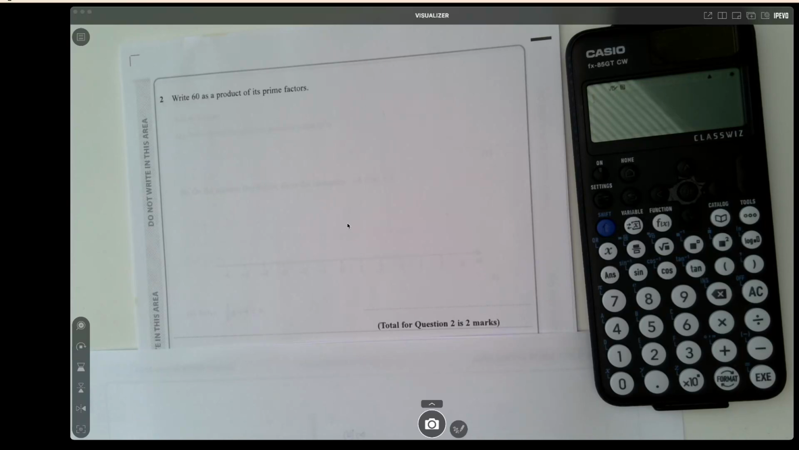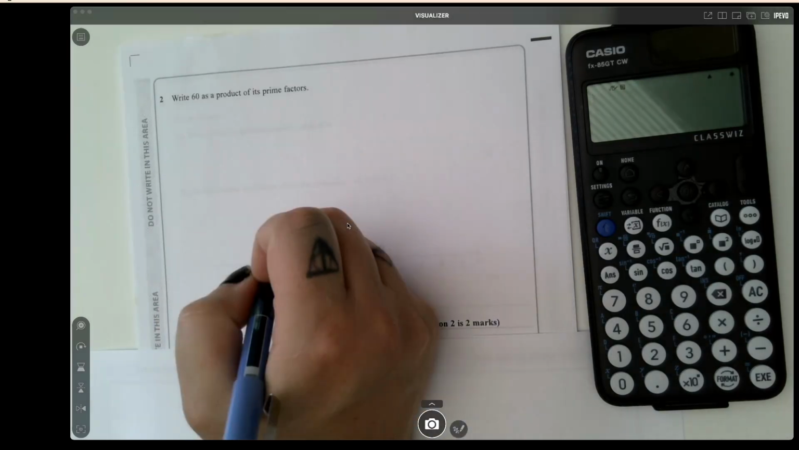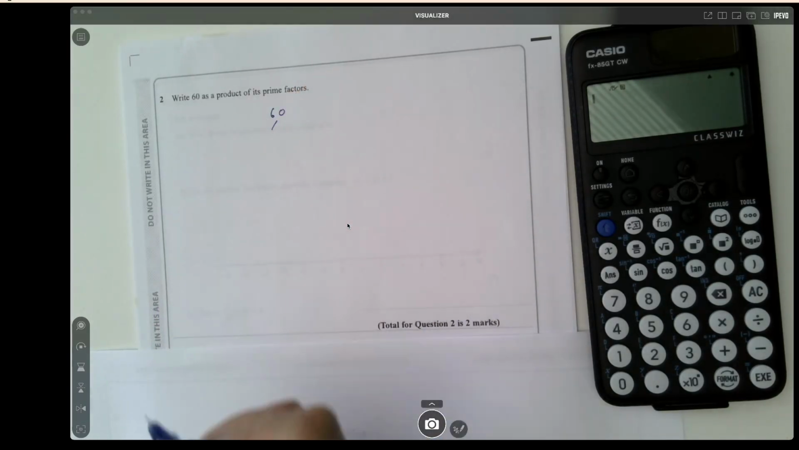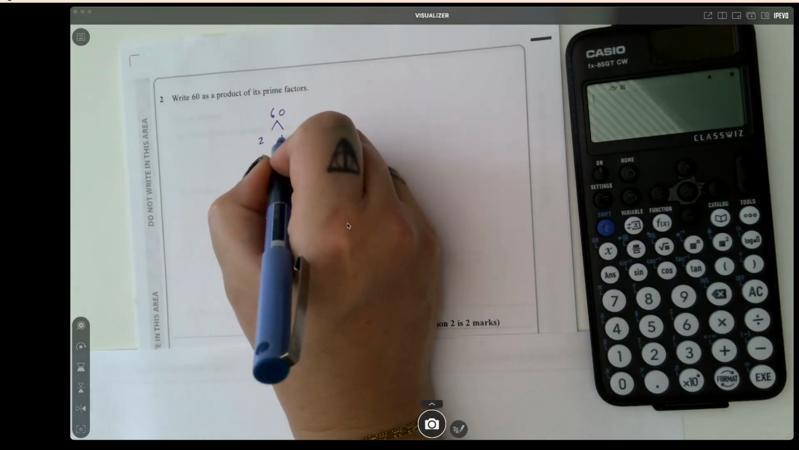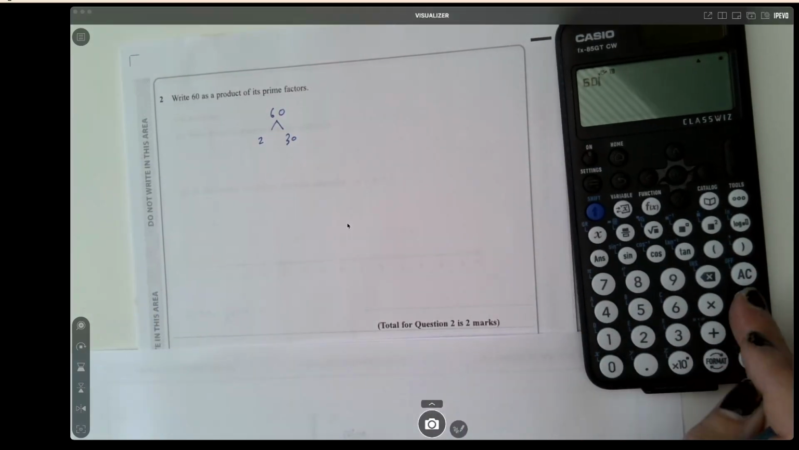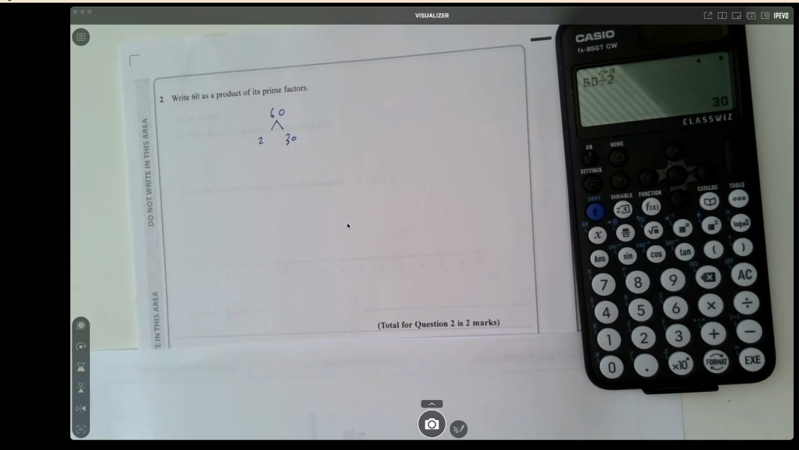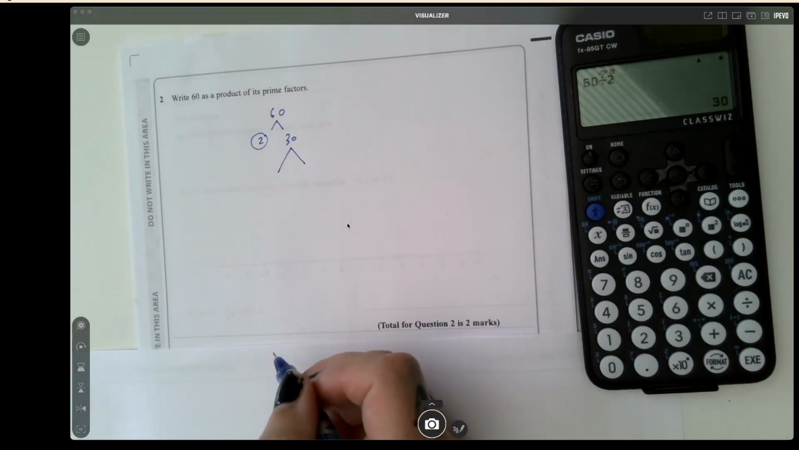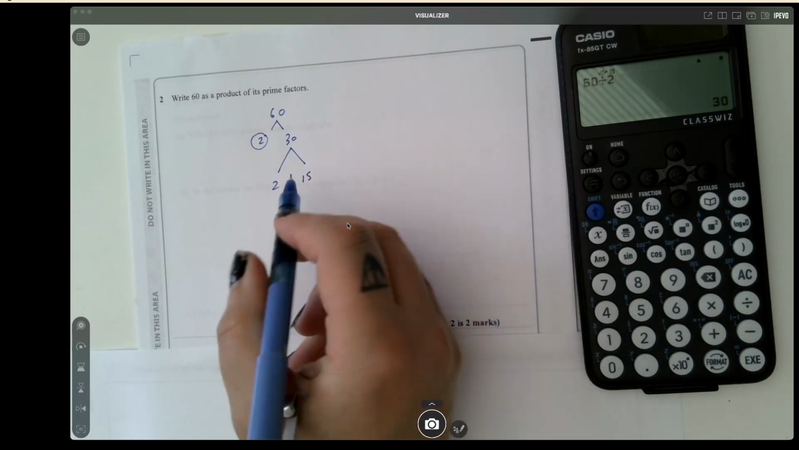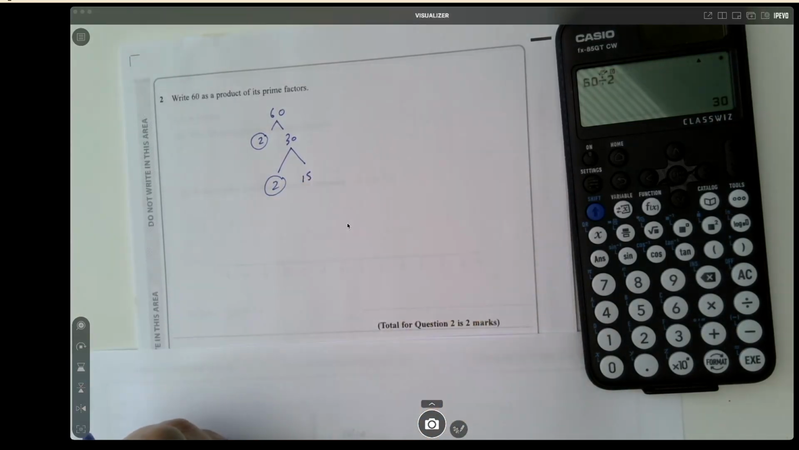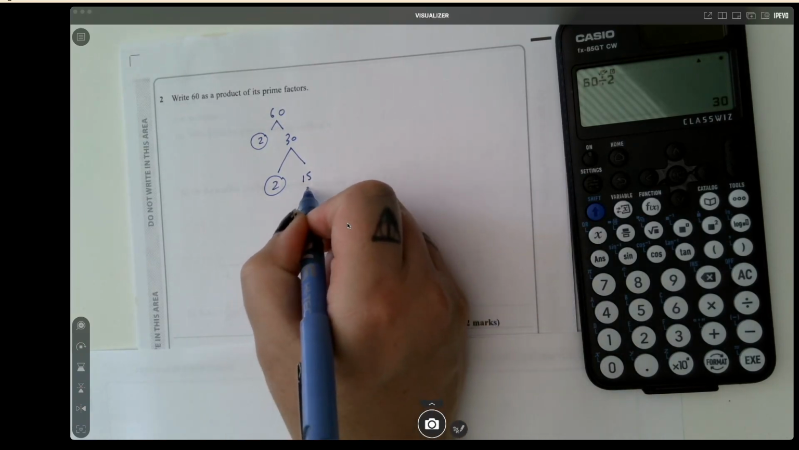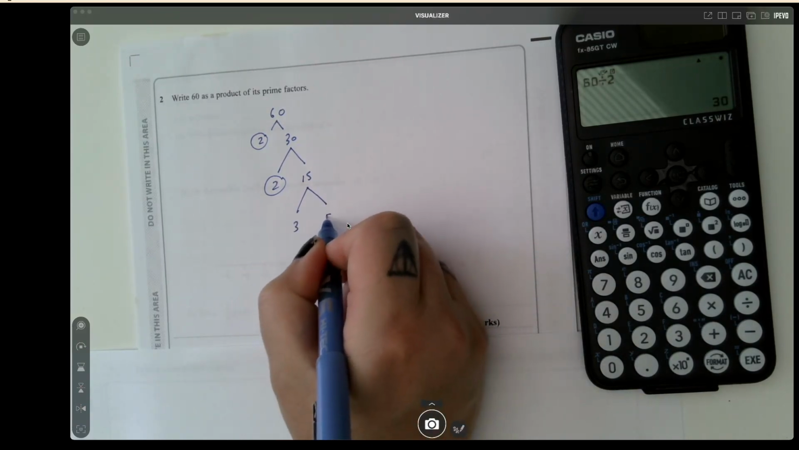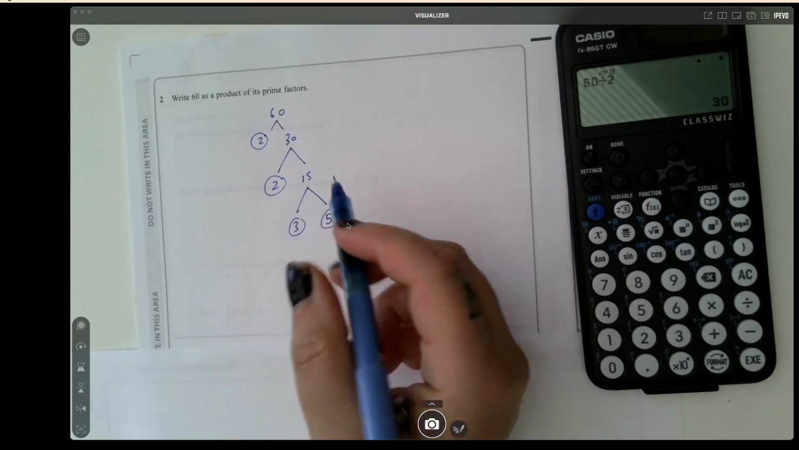Question 2, write 60 as a product of its prime factors. So I'm going to do a prime factor tree. Two numbers that times together to give me 60. Well, I'm going to go with 2 and 30. Remember, you can use your calculator if you need to. That's not a problem. 2 is prime, so I'm going to circle it, and that ends that branch. Two numbers that multiply to give me 30. 2 and 15. 2 is prime, so I'll circle it to end that branch. Two numbers that multiply to give me 15, 3 times 5, both of which are prime,